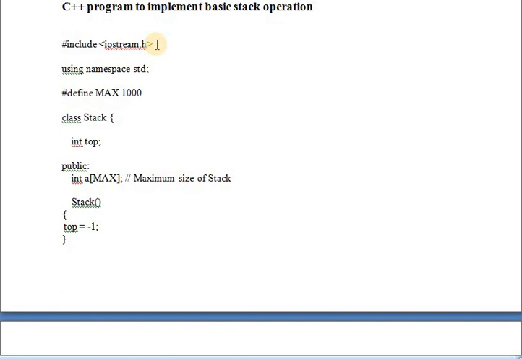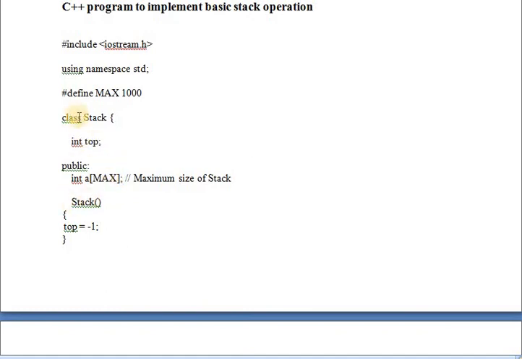In C you have hash include stdio.h, that is standard input output.h, but in C++ it is hash include iostream.h. Using namespace std is newly included in C++. Define MAX up to 1000, that is the size of the stack.